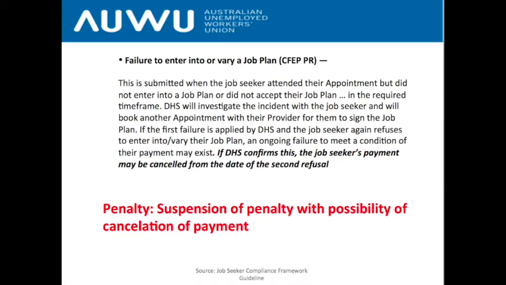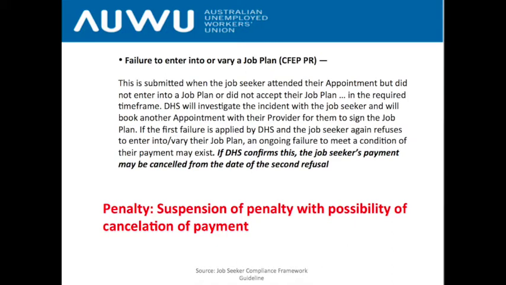DHS will investigate the incident with the job seeker. So this is where they have to make their contact and they have to determine whether a reasonable excuse existed. And then they'll book another appointment with their provider for them to sign the job plan. If the first failure was applied, so if Centrelink determined that there was no reasonable excuse for the unemployed worker